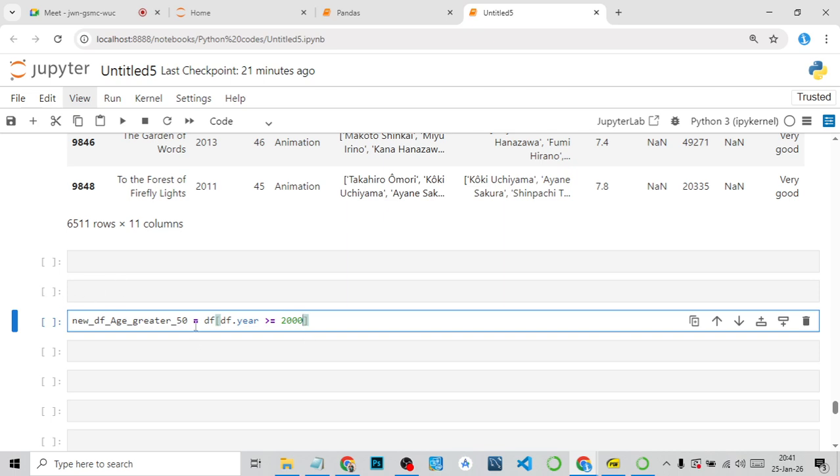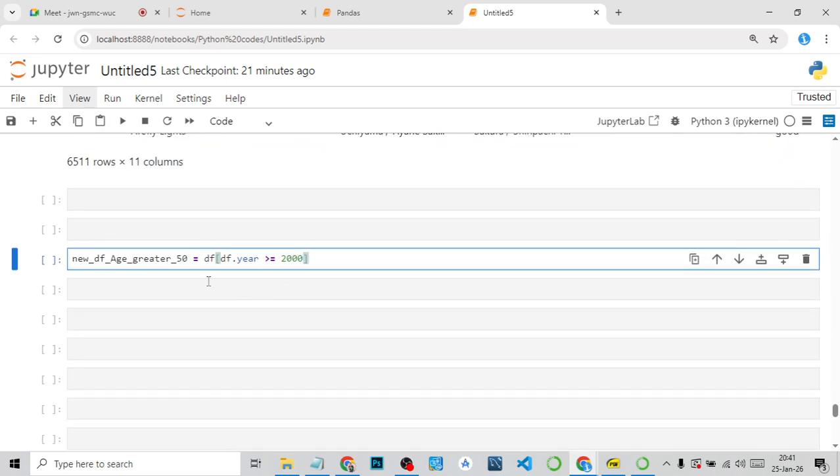So let's assume you want to create a table out of this. I can give it anything, like top year. So I'm creating another table with this condition, after I've filtered everything less than the year 2000 out. So I want to create a table with all the movies that are 2000 and above. This is my new table name. We've been using df, just assume this is my new table name. So if I strike this,